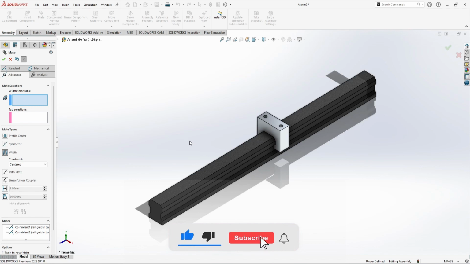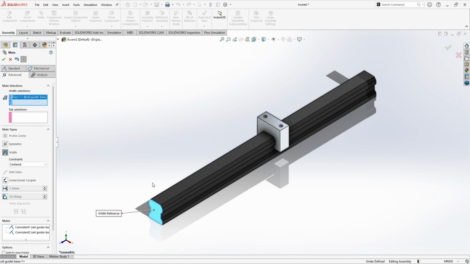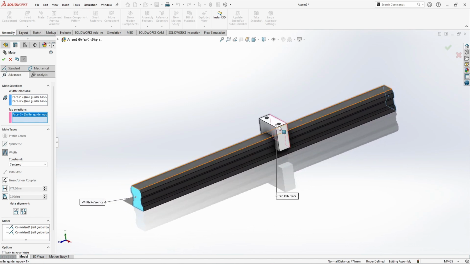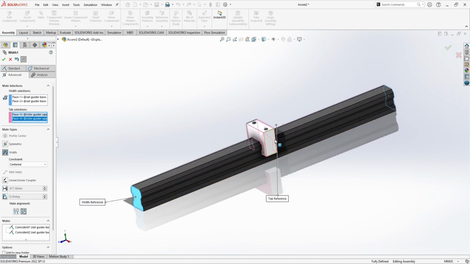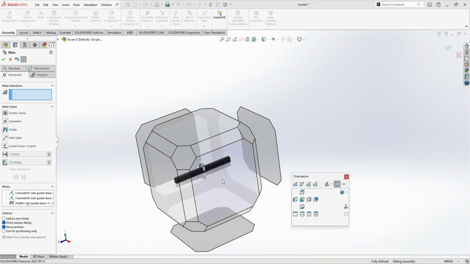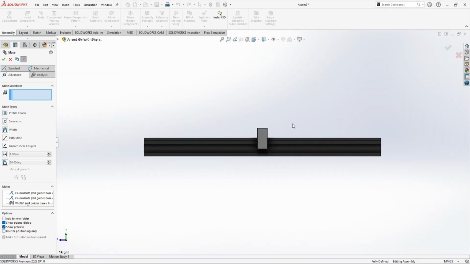So you can alternate it by, if I first select this one, now I have to select the other face of the same object. Now it comes to the second one, I have to select these two faces and it comes to the center and OK. Now from this side you can see this is at the center,